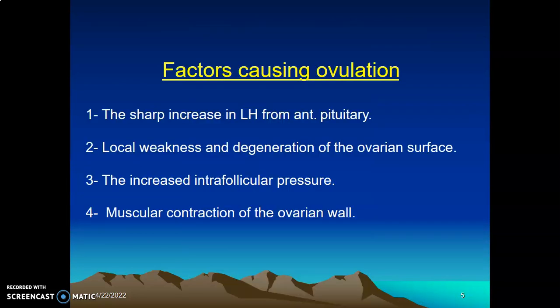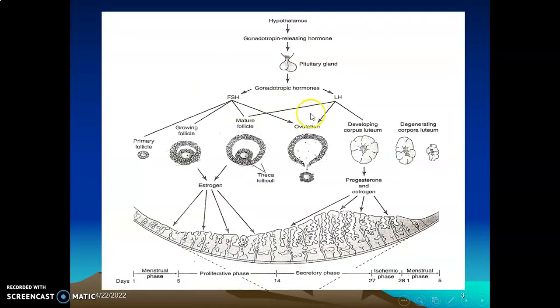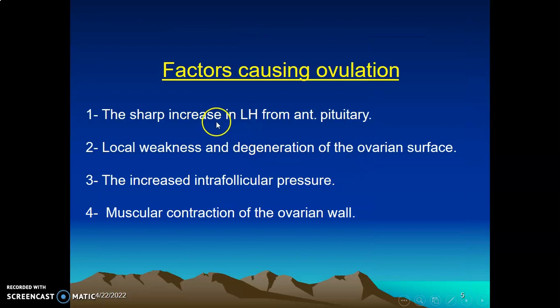division of the ovary. So what factors cause ovulation? There is a sharp increase of luteinizing hormone from the anterior pituitary. You need luteinizing hormone for ovulation to occur. The follicular stage begins at day 1, and ovulation occurs at day 14. You need a sharp increase of LH at least 24 hours before ovulation occurs, and then there'll